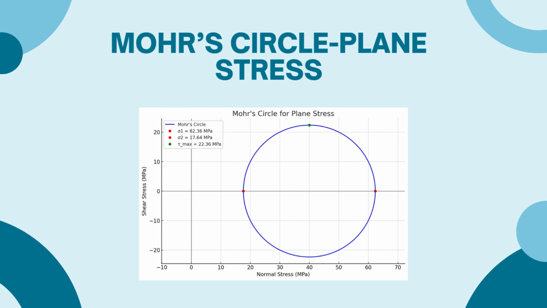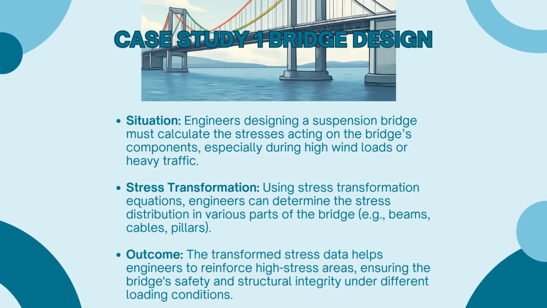Here is Mohr's circle for plane stress with the calculated values. As shown in the graph, the center of the circle is at 40 megapascals. The radius is 22.36 megapascals. The red points on the circle represent the normal stresses, while the shear stress is represented along the y-axis. From this graphical representation, we can easily determine the principal stresses, maximum shear stress, and the orientation of the principal